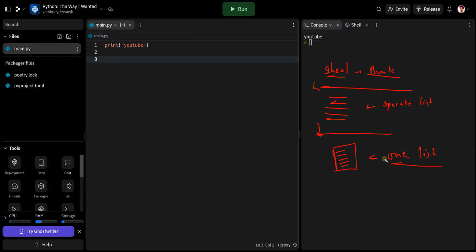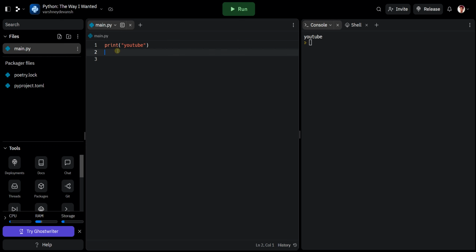Now let's try to go with the very first. The first name which you might get is, for example, Shubham.